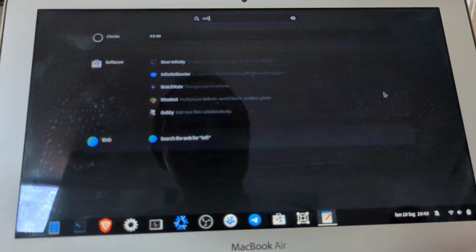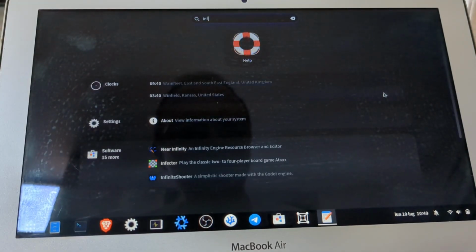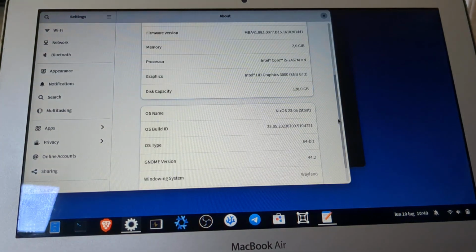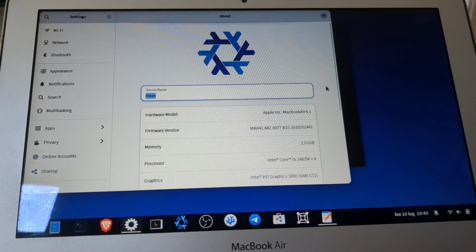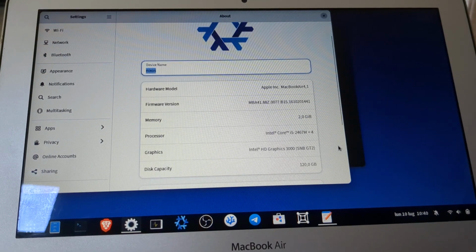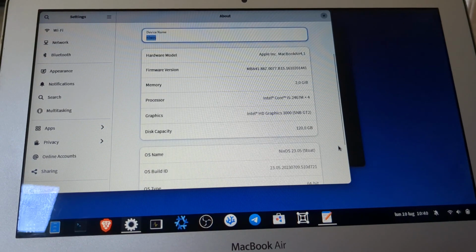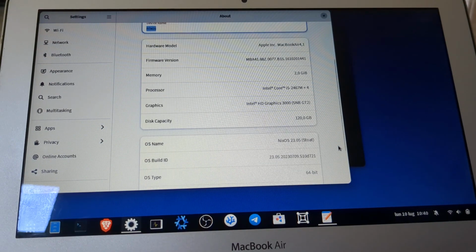So let's start with this, and this is about the system. As you can see, this computer has very little RAM. It has just 2 GB of RAM, and it's a MacBook with an x86 64-bit CPU.